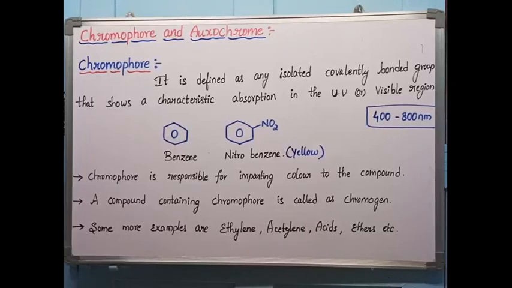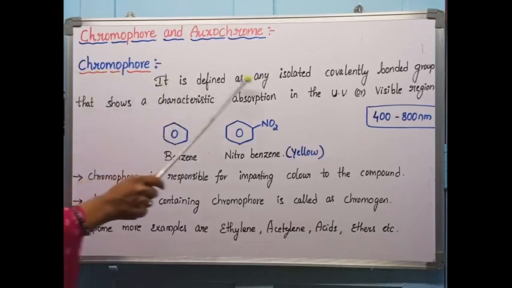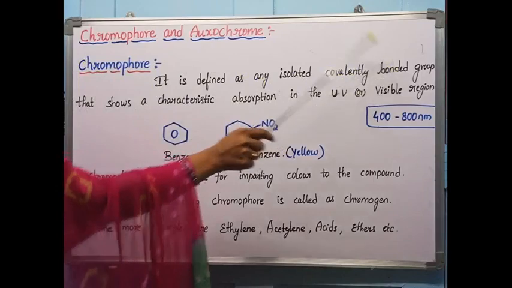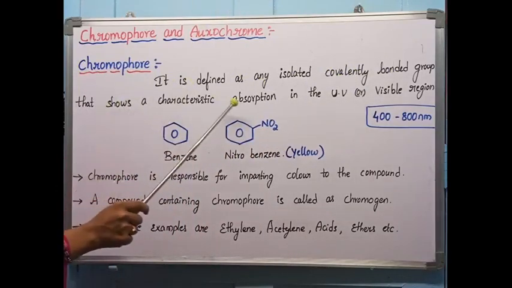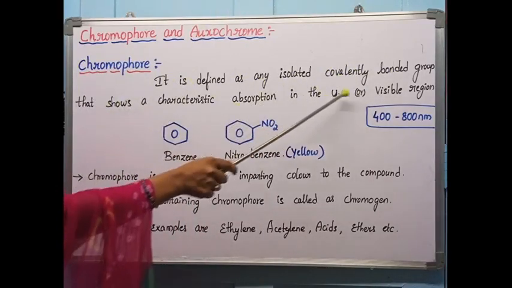Everyone, in today's video, I'll explain a very important concept, that is chromophore and auxochrome. So chromophore is a color imparting group. That means chromo means color, phore means group. It is defined as any isolated covalently bonded group that shows a characteristic absorption in the UV or visible